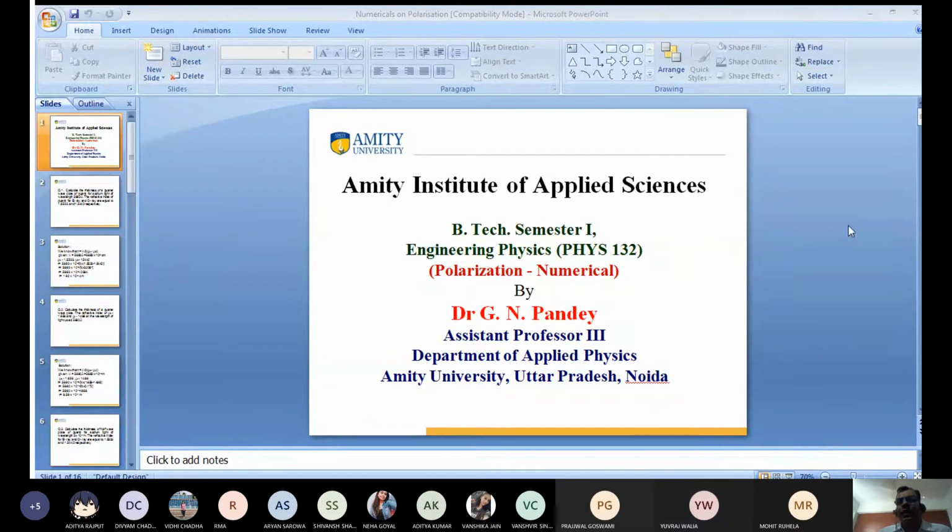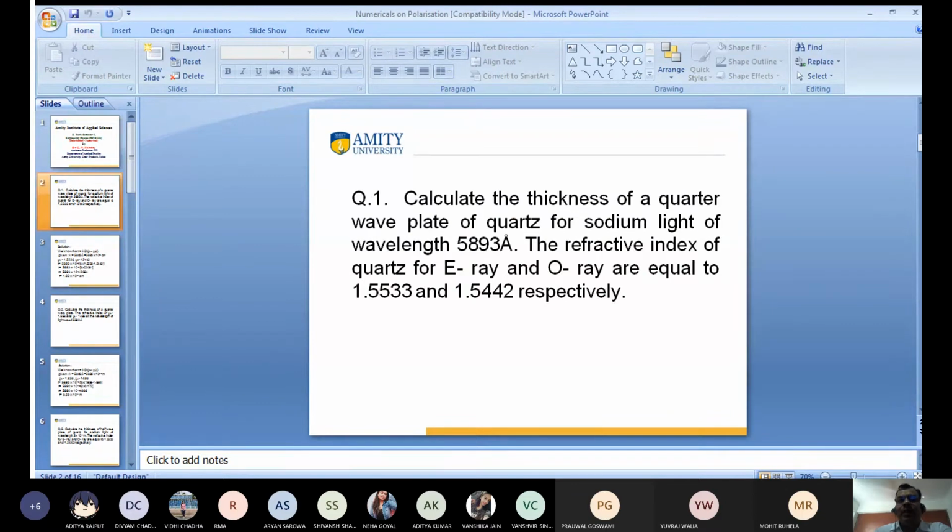We have discussed diffraction. We have discussed what polarization is, what a double refraction crystal is, and the double refracting behavior: the ordinary ray of light and the extraordinary ray of light. You know very well, and we discussed the Nicol prism. The Nicol prism is very important as a polarizer and analyzer. Do you know about it? Yes or no?